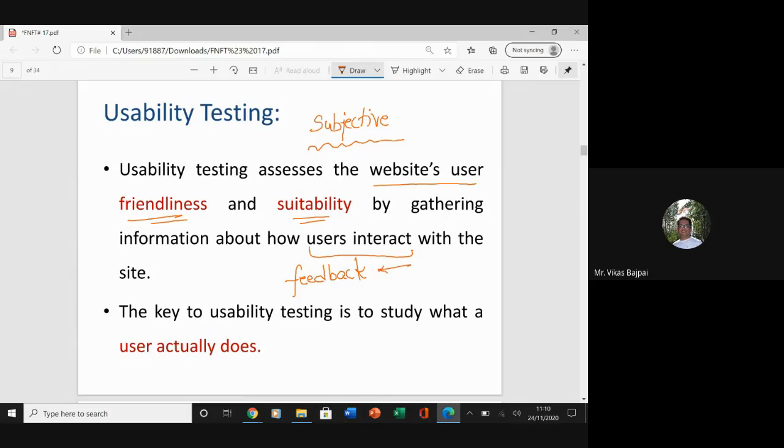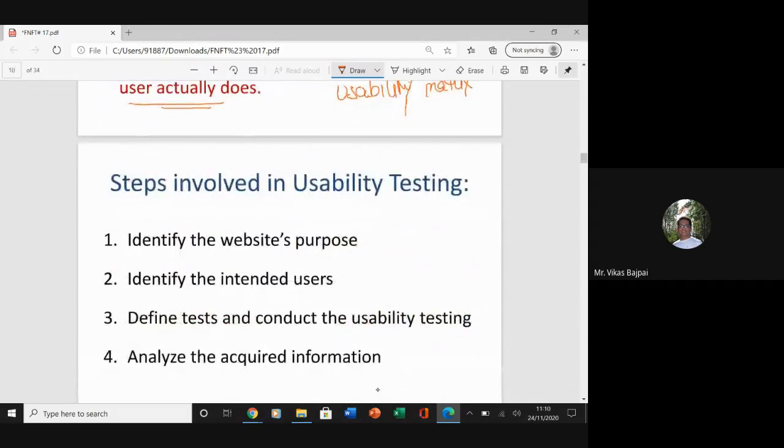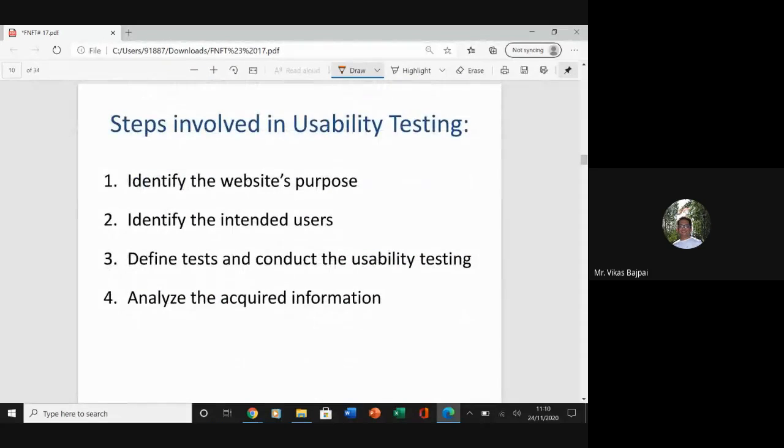And then of course we draw a usability matrix as well, right? But as I said, this is something which is subjective, because the navigation part for a particular portion of a website might be very friendly for a particular set of users and might not be friendly at all for a particular set of users. So the key to usability testing is to study what a user actually does, right? And some of the steps which are involved in your usability testing part